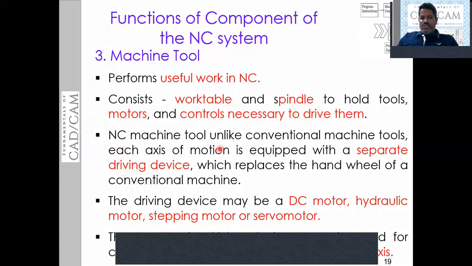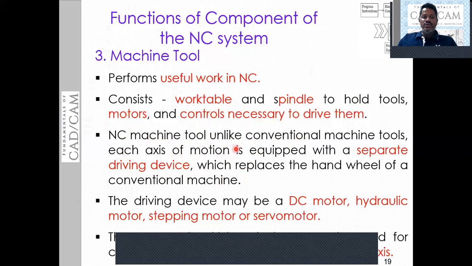Then the NC machine tool, like conventional machine tools, has each axis equipped with a separate driving device. If it is a three-axis or four-axis machine, each axis has a definite driving mechanism or a separate driving device, so that it gives us more flexibility to control the speed. If it is a multi-axis NC machine,